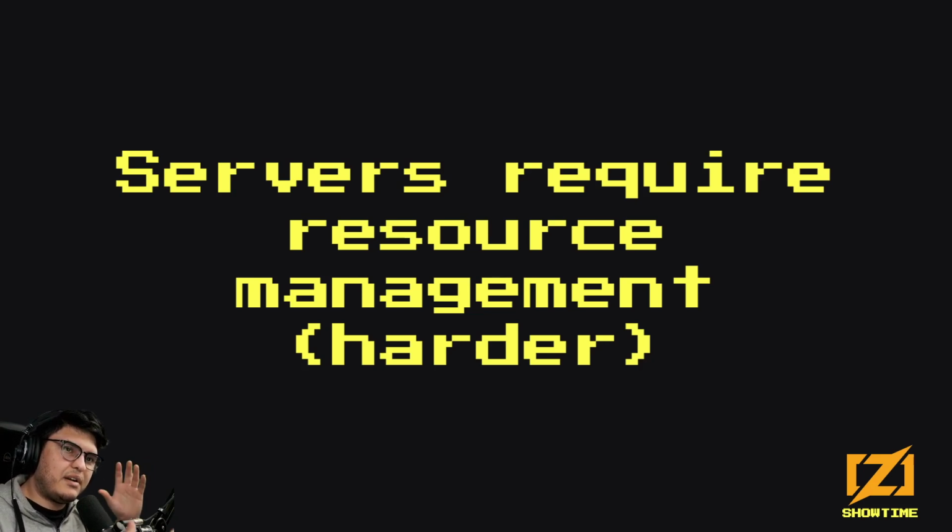So server libraries, since they have to manage resources more explicitly, and complex client applications also have to manage resources, might be a bit hard to get started. But client libraries are not, because in a client library, you don't have to do much resource management most of the time.